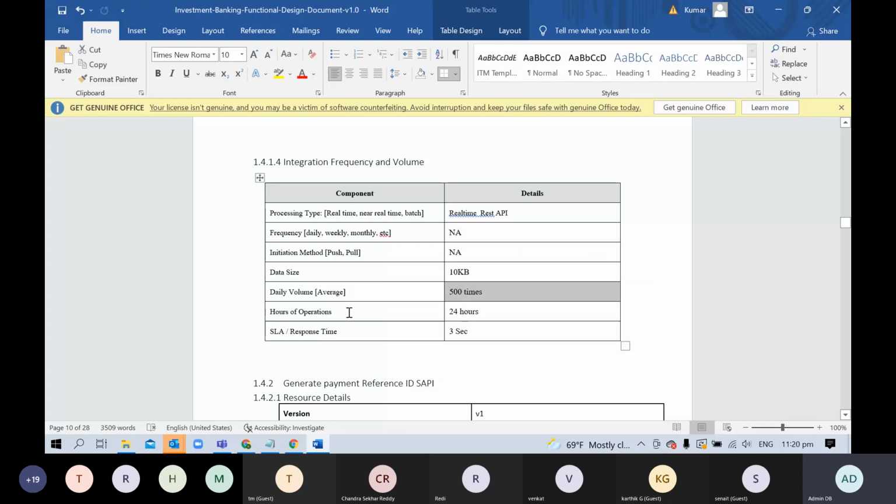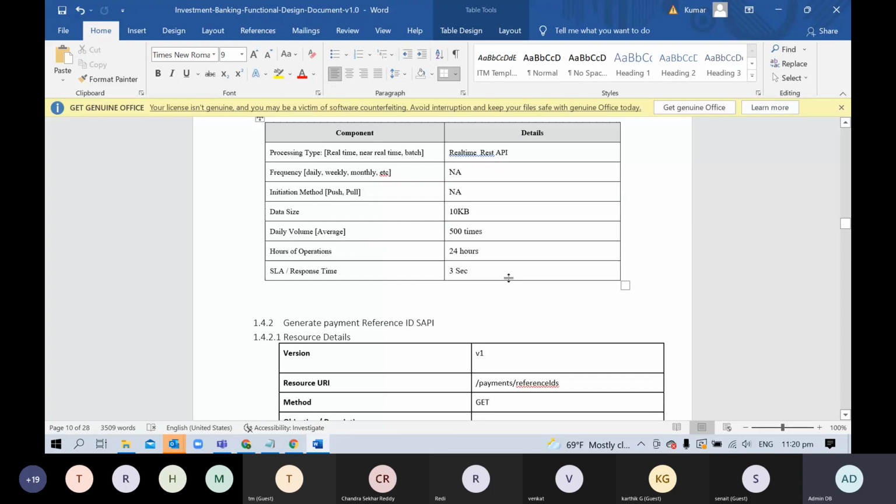Okay, then hours of operation: how long will this API keep working? Is it a 24-hour service, or will it work only at night time? Then SLA: how much time will this API take to respond to the calling system? If your API does not respond within your SLA, whatever SLA you are giving, then you are breaching that